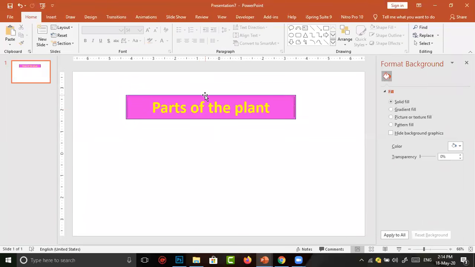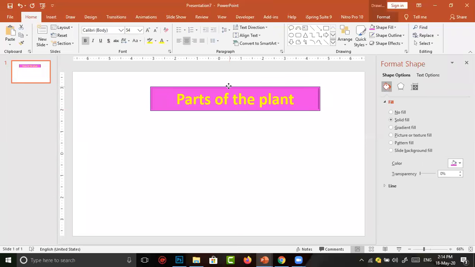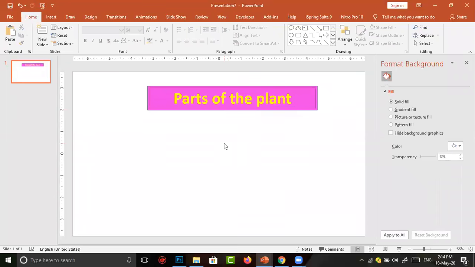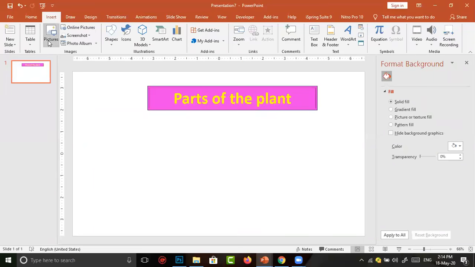Before that, what we saw at the beginning of our scene is that this one appeared, and the image of the whole plant is also appearing there. So I want to insert the picture of the plant.